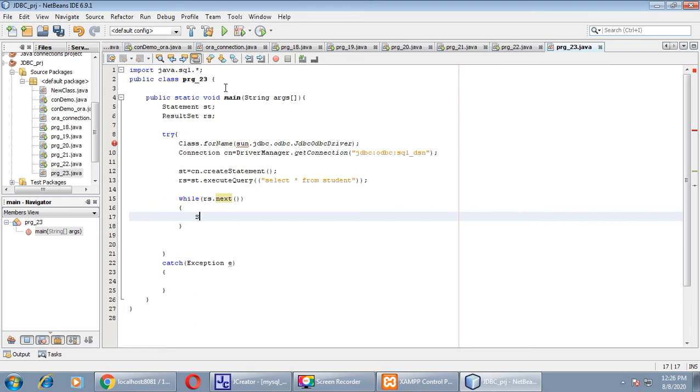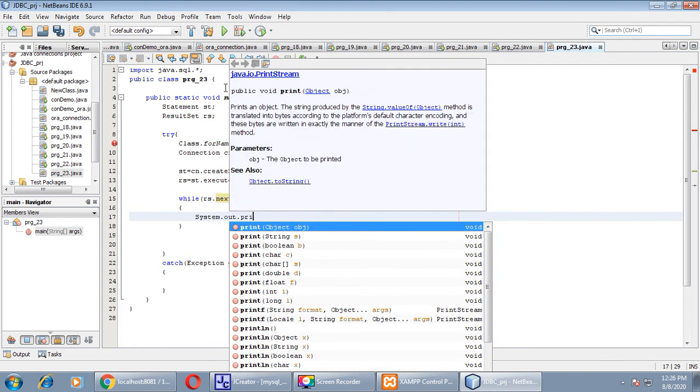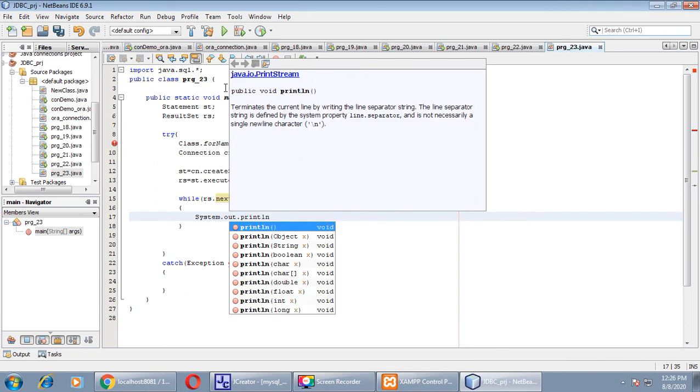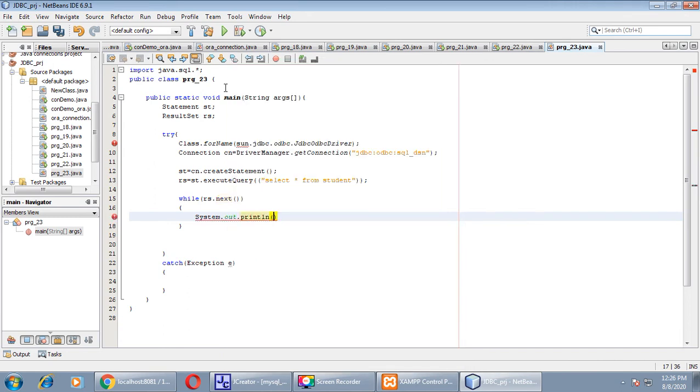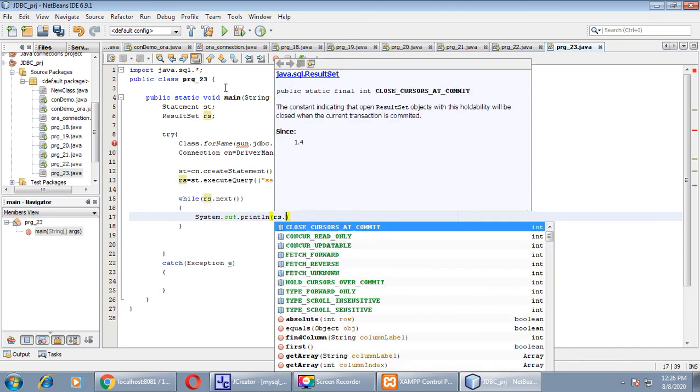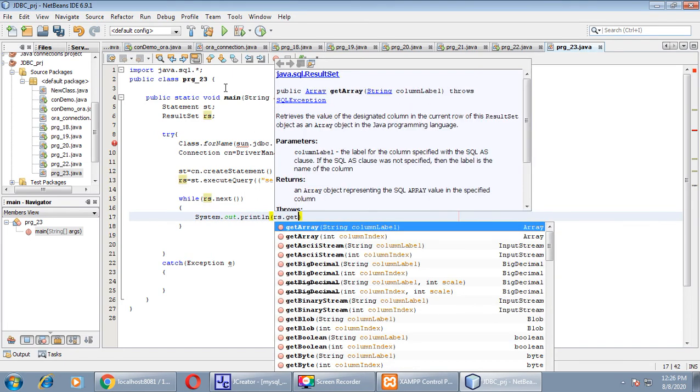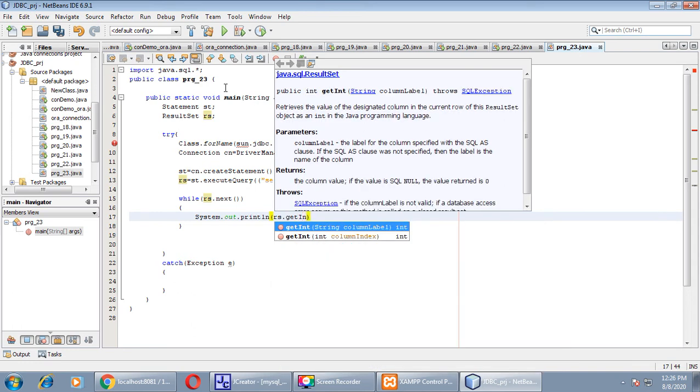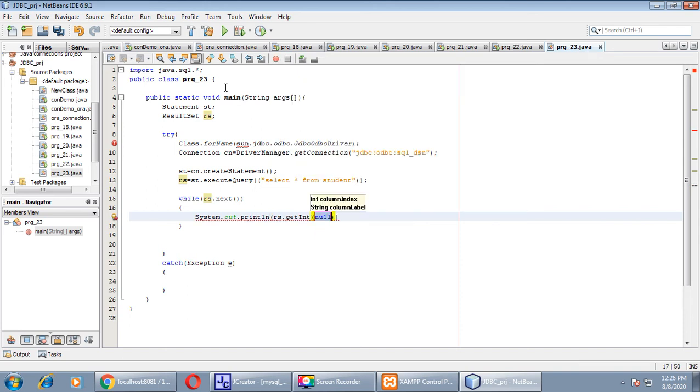For that we need System.out.println method. Inside the bracket I will write rs.getInt, because our first column of student table is a numeric field. So here I am taking rs.getInt, and the index is 1,